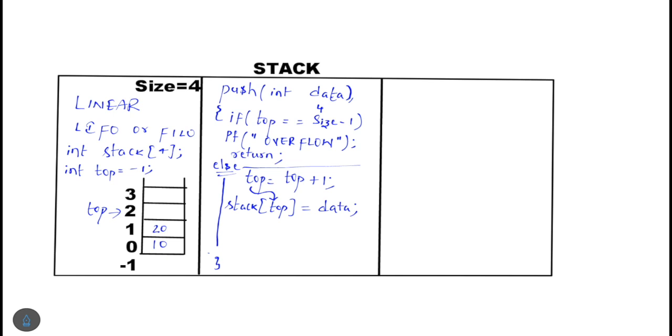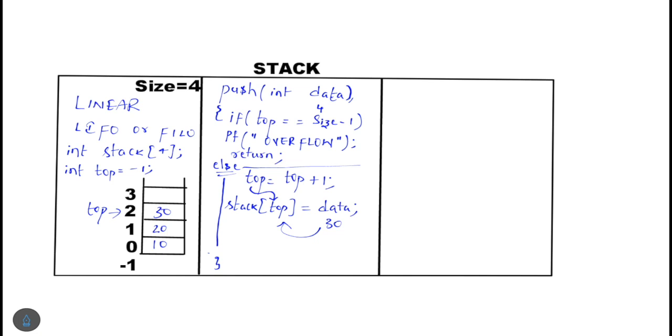First, you are incrementing the top by 1, and then in the updated top position, you are inserting the data, placing the data into the topmost index position. If our data is 30, for example, then we are placing 30 into the updated stack top. It means that now 30 will be updated here, isn't it? So that is how your stack push function looks. As we have seen how the insertion operation, which we refer to as push in a stack, works,